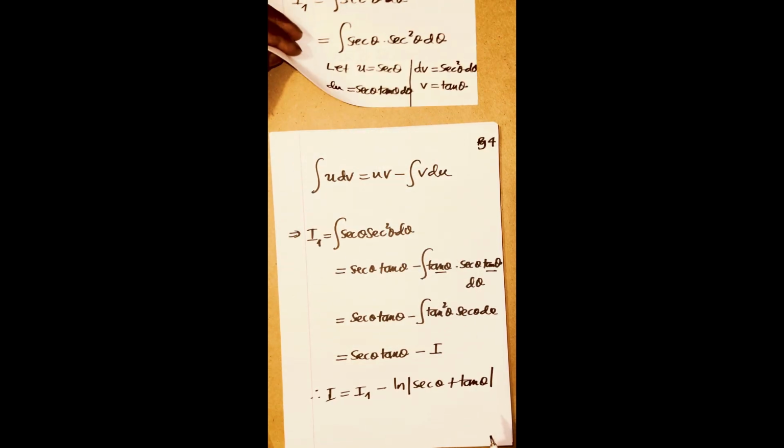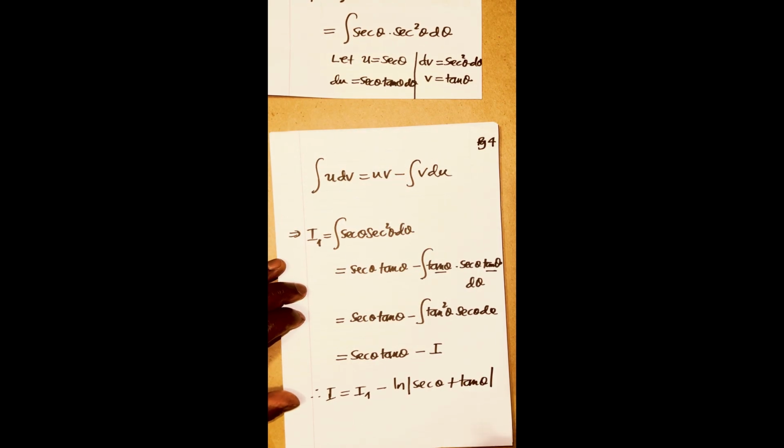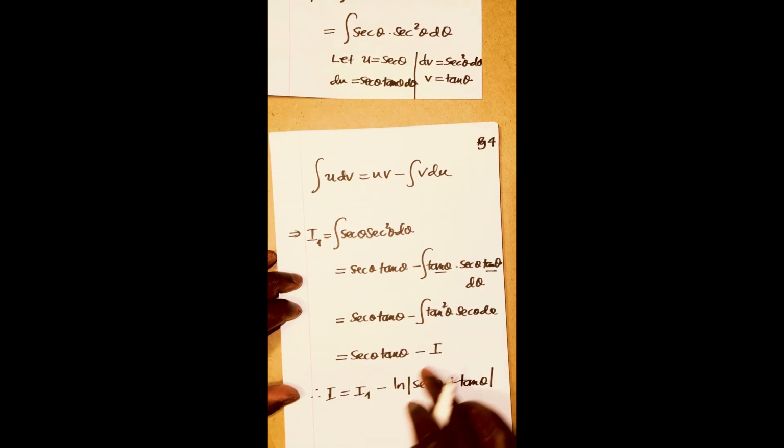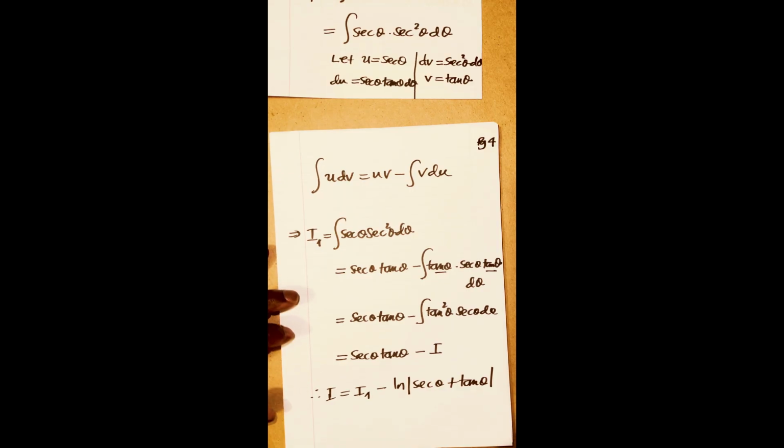Now, I told you that this is the same. Now we're done with integration. I must just put this one in that place, do the simple algebra, and then we add a constant of integration. So this is going to be equal to, in the place of I1, sec theta tan theta minus I, and then minus natural log of sec theta plus tan theta,